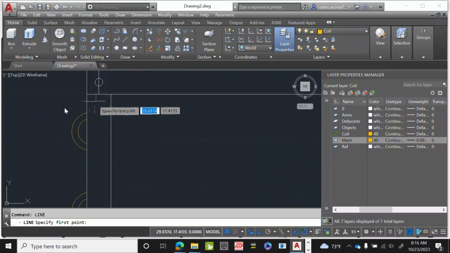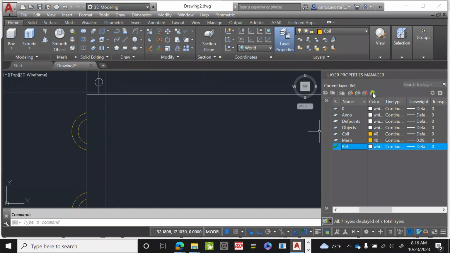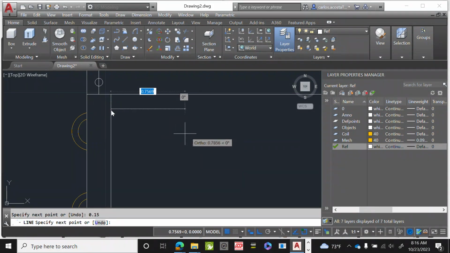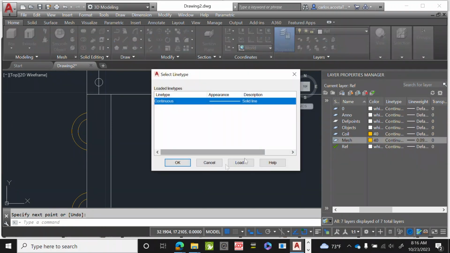And we're going to do the same thing. We're going to do this at a distance of... so let's go to the reference line first. Type line and 0.15. All right, enter. Now when we go to our mesh,